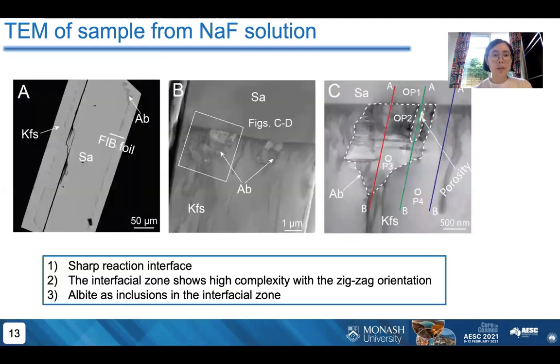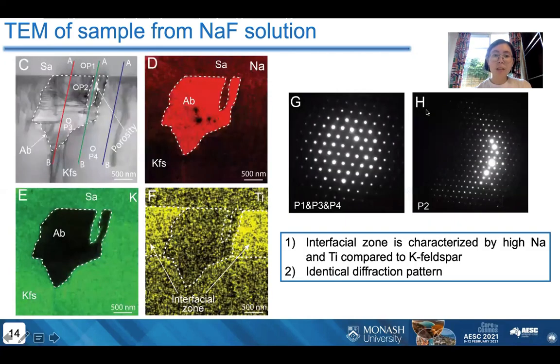The reaction products from sodium fluoride solution are characterized by sanidine, albite, and K-feldspar zonation texture, as we mentioned earlier. The reaction interface between sanidine and K-feldspar is very sharp, but the interfacial zone is characterized by its complex zigzag orientation, and albite grains are observed within the interfacial zone. This interfacial zone is characterized by enrichment of sodium and fluorine compared to surrounding K-feldspar. And similar to sodium chloride solution, albite, K-feldspar, and sanidine have identical diffraction pattern, which is a feature of the ICDR process, even though small grains of albite that are in direct contact with sanidine show small variations